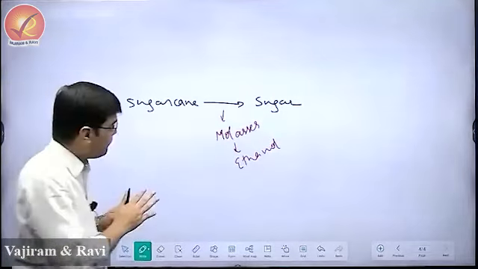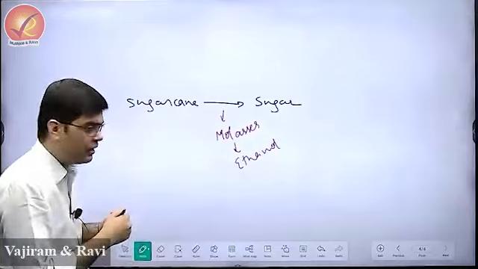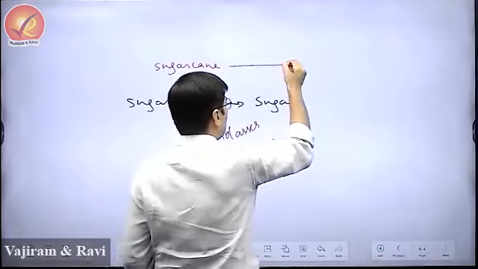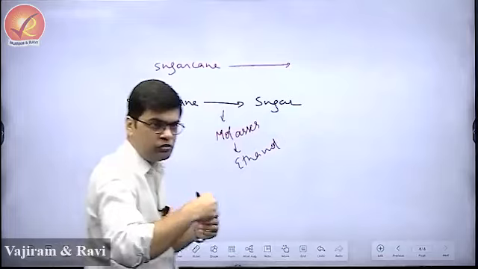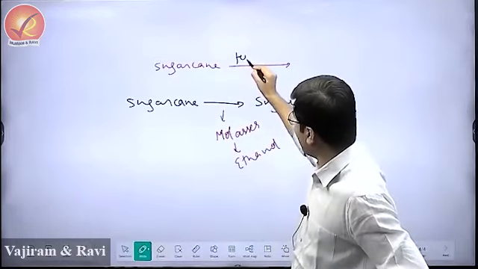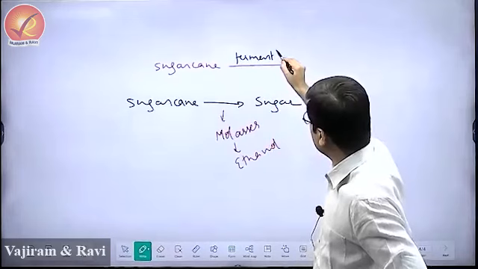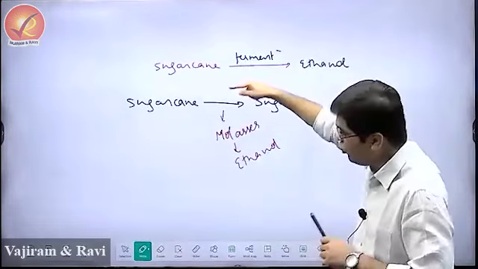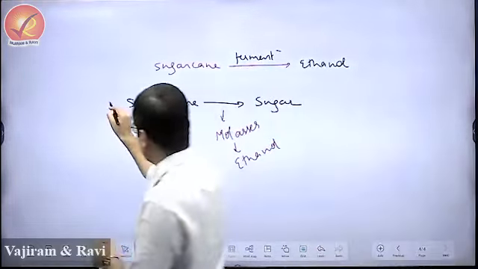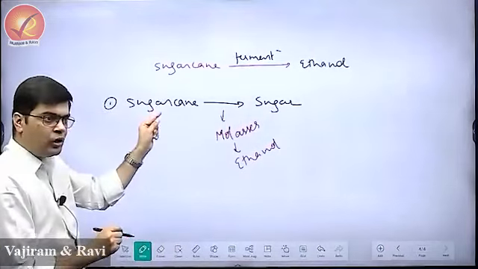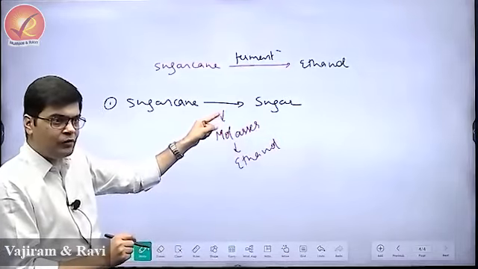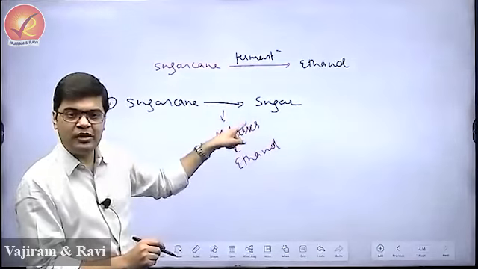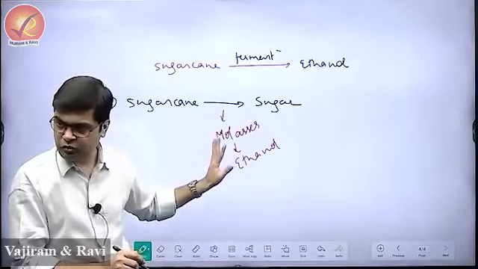Okay. Then, other than this process, there is a process wherein the sugarcane is crushed and the juice is fermented directly. Whatever juice is there will be fermented, and the sugarcane juice will be fermented to produce ethanol. That means you will not make sugar. Here, in the first case, what are you doing? You take sugarcane, you convert that sugarcane into raw sugar, and then you get refined sugar, and in this process you get a byproduct molasses, and from molasses you are going to make ethanol. Is this understood?